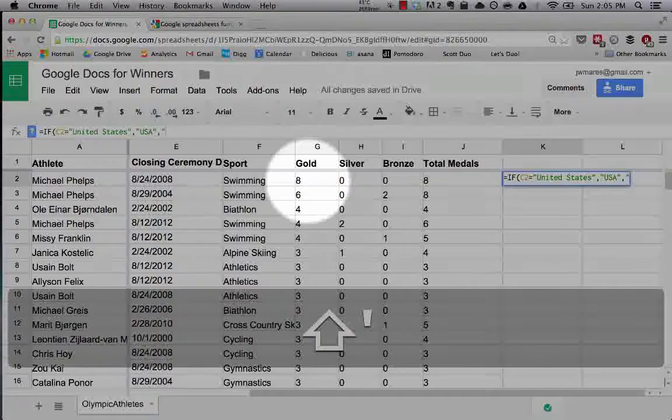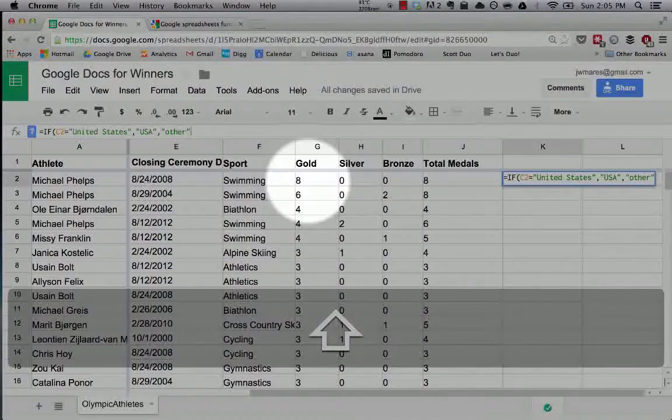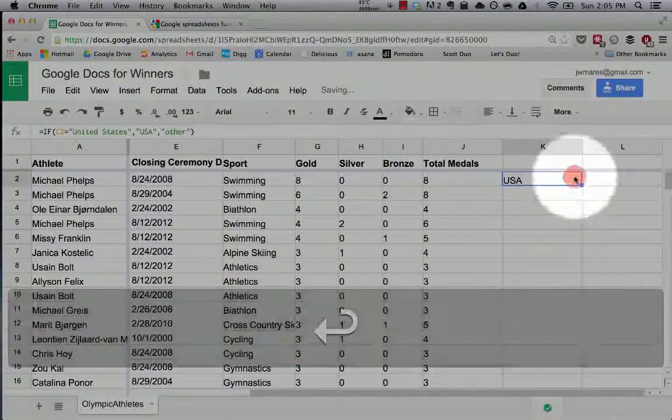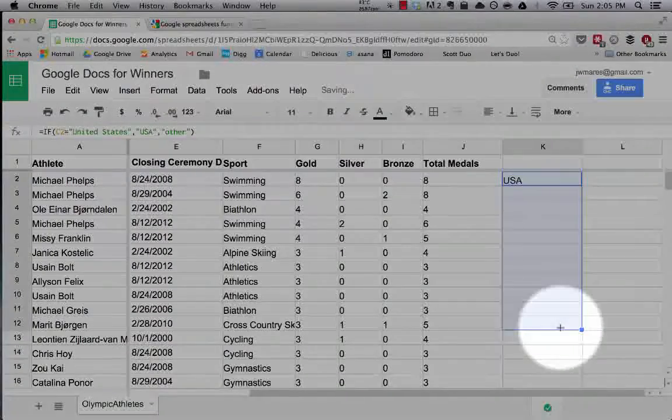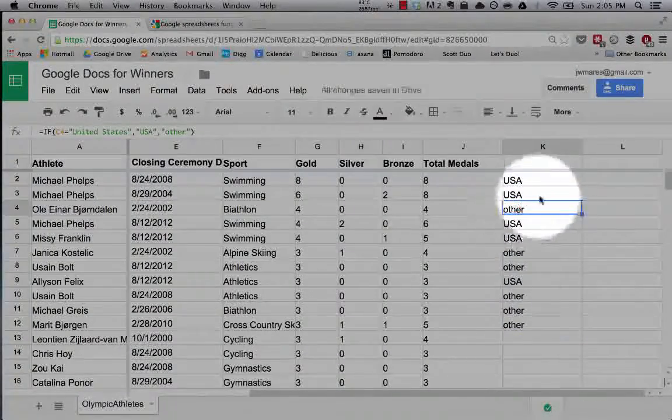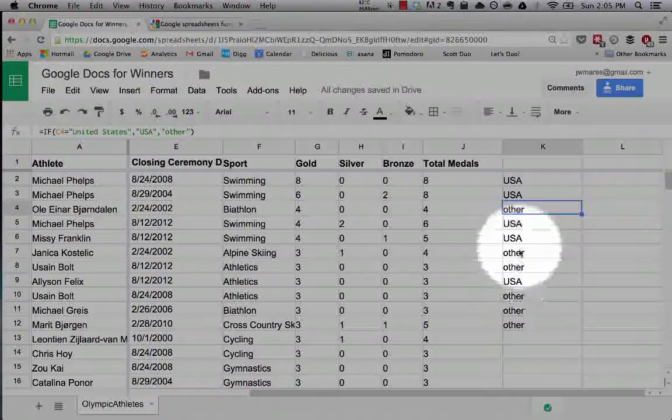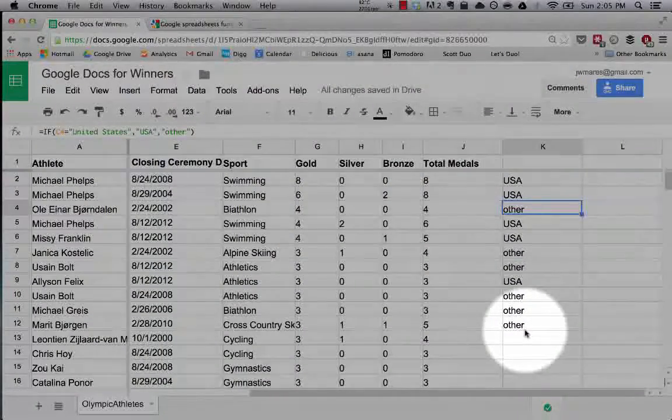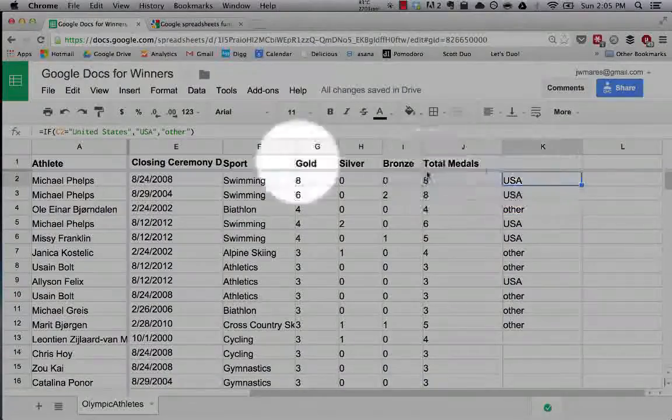If not, return other. USA. Now when we copy this down a bunch, we can see here are the medalists that are not from the US. And what you could make really cool is you can use an if statement and then use conditional formatting